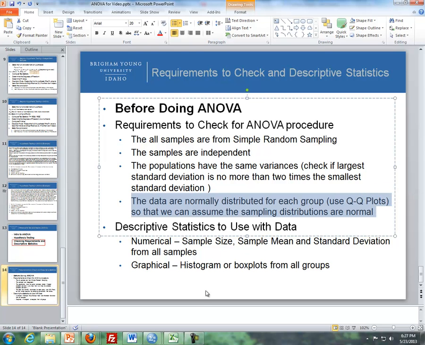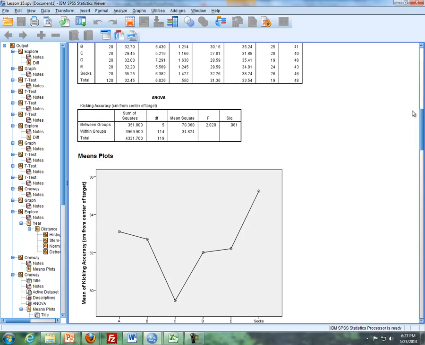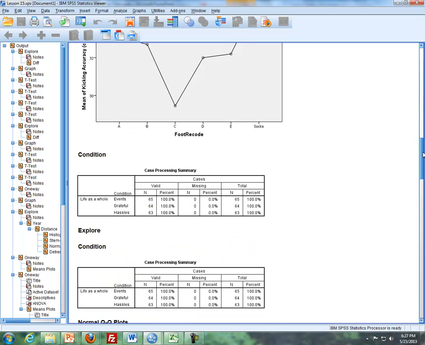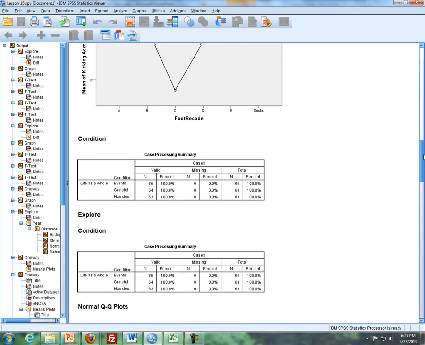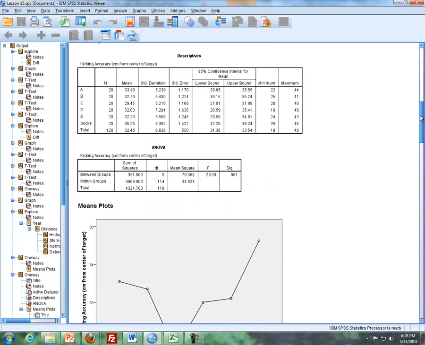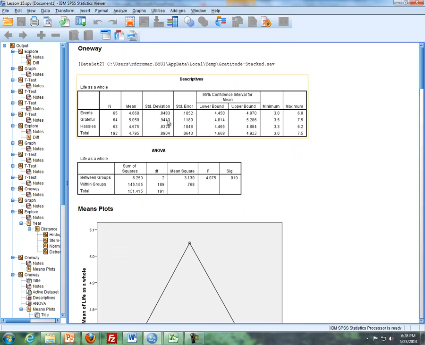Okay? So here are some examples. I'm going to focus on these last 2 here, to check whether the variances are the same and the data are normally distributed. I'm going to go to some SPSS output, and this is similar to what you would see in Excel. So if I go to some output here, where I look at, for instance, events, the three different groups for the first problem,